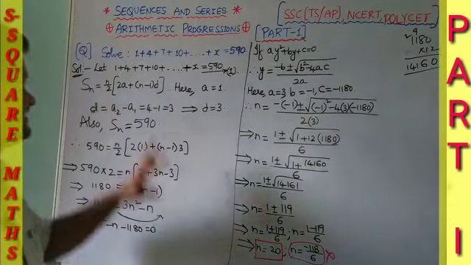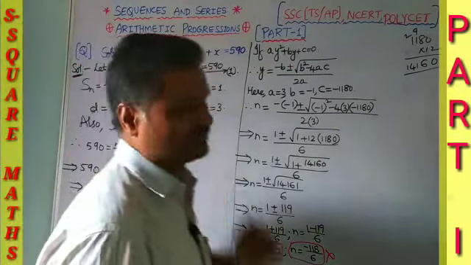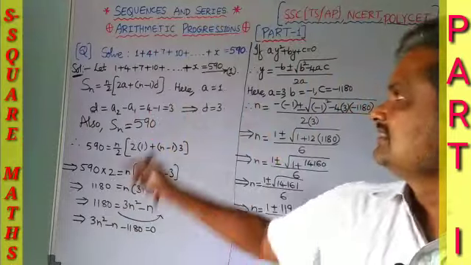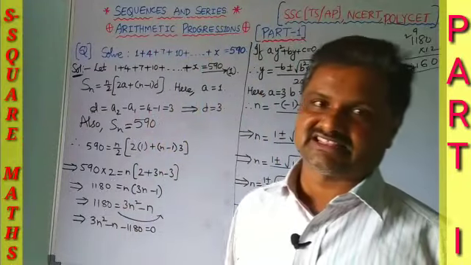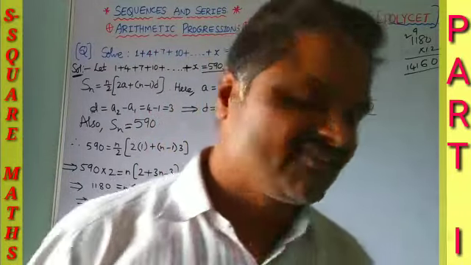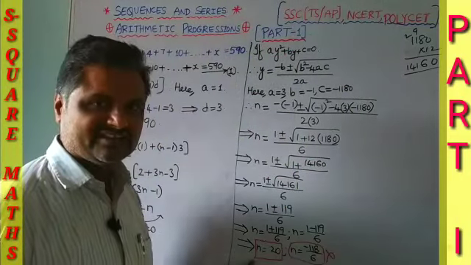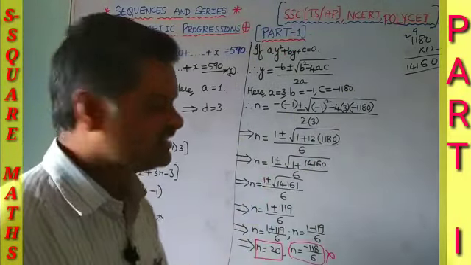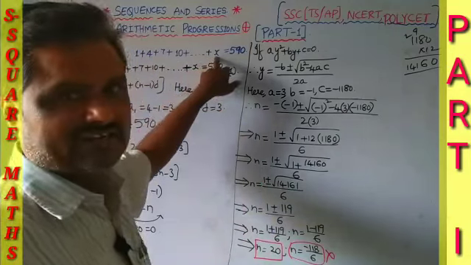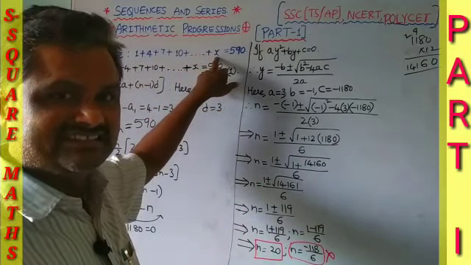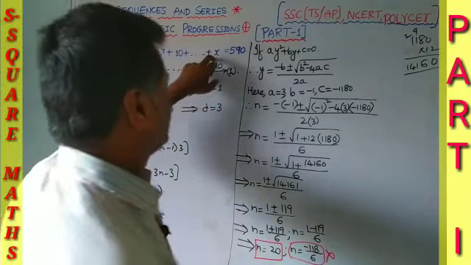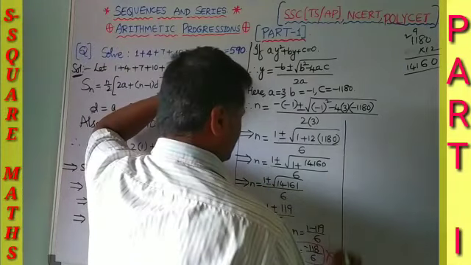But what is our intention? You have to solve the given series, nothing but solve the unknown variable x, not the value of n. So n determines the number of terms. Here x stands for what? The particular term or the general term for the given series. So let us go through it now.